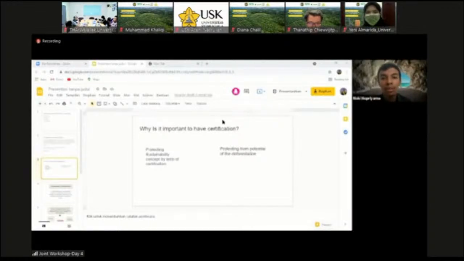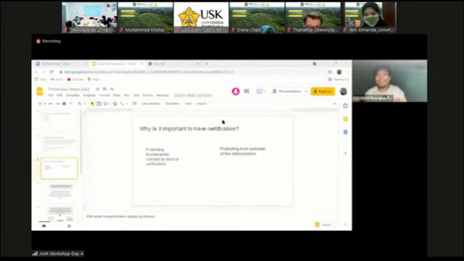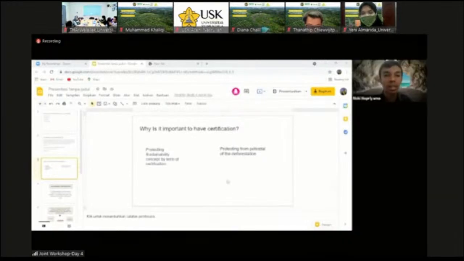Okay, thank you so much for Yuan's presentation. Right now, we're going to discuss more related to this concept of palm oil certification. Why is it so important to have the certification? There are two reasons. The first is related to the sustainability concept. In the previous discussion we talked a lot about the importance of the palm oil system being sustainable. But to protect the sustainability concept is by means of certification. The term certification that we mean here is about how,